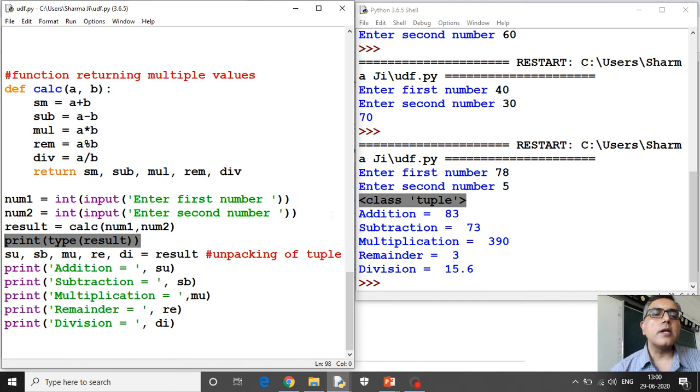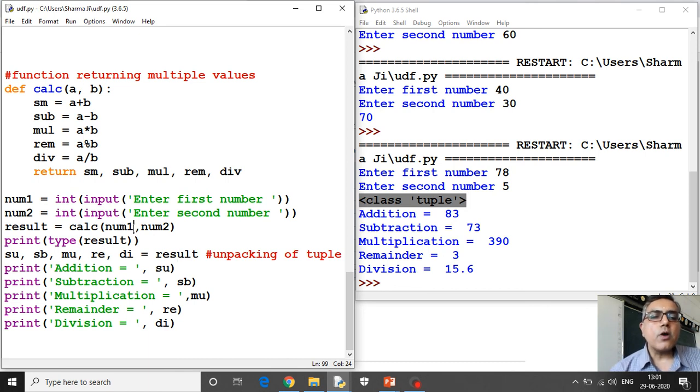Those values were returned as a tuple, and then this statement is unpacking the tuple. The first value inside this tuple will be saved in SU, second value in SB, third value in MU, fourth and fifth value likewise.